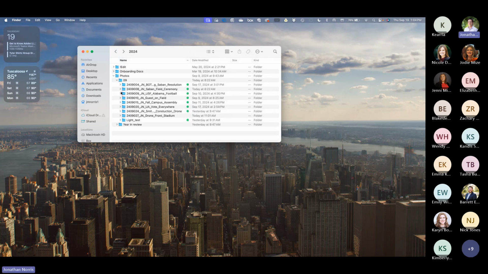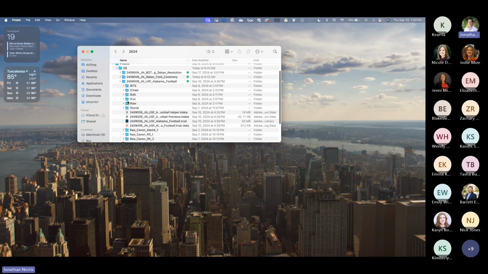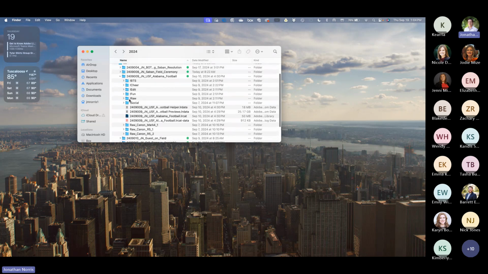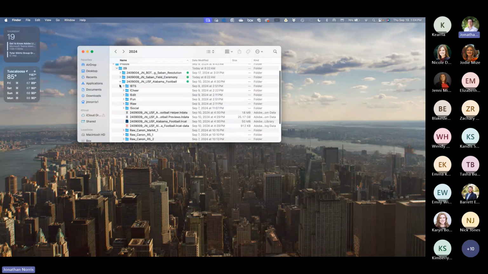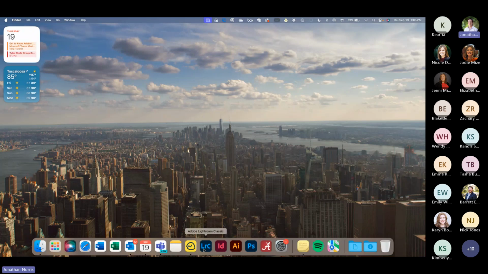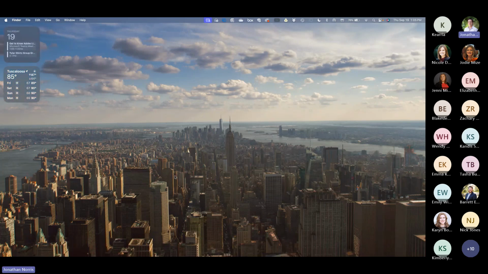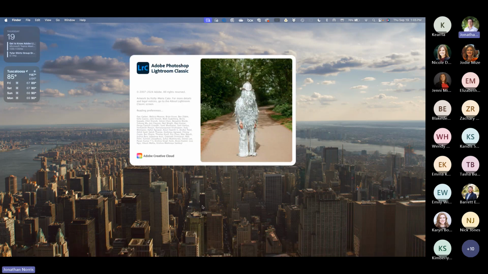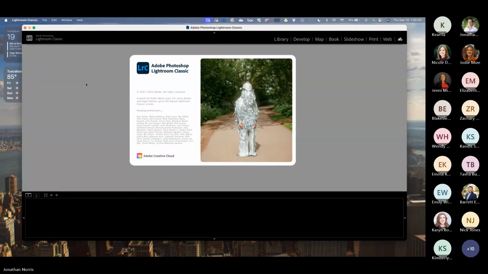So that is the one big difference with Lightroom: it's going to make its own folder versus just sitting somewhere else. So without further ado, I'm just going to walk y'all through opening up and creating a new catalog. We'll start powering it up. Alrighty, so once Lightroom is going,